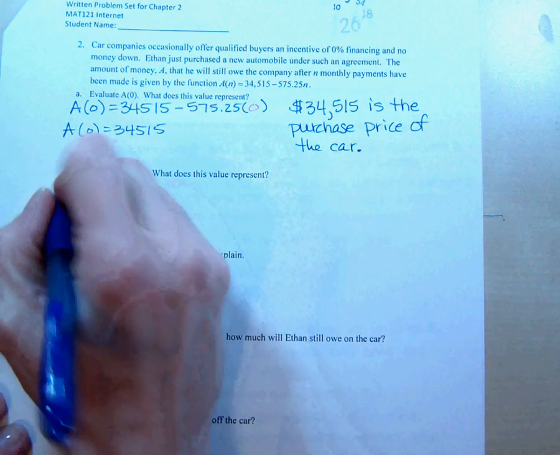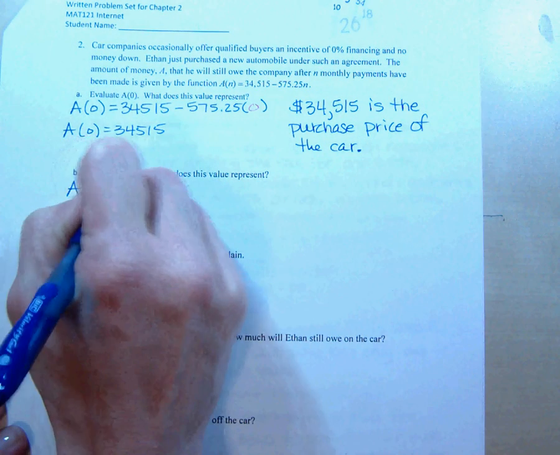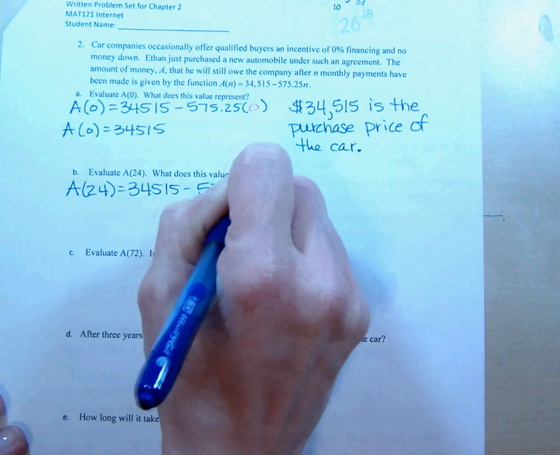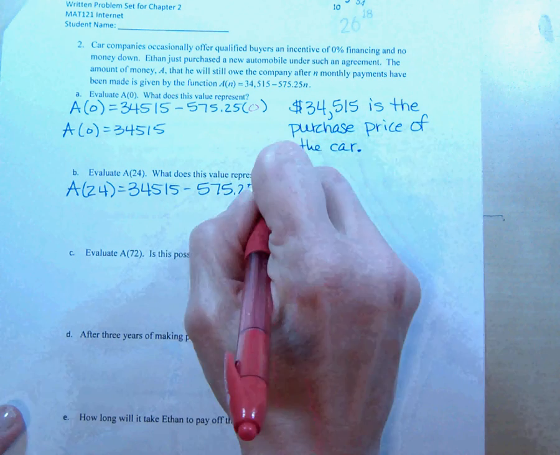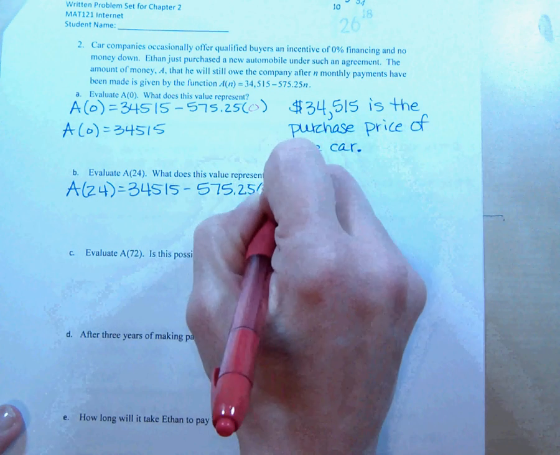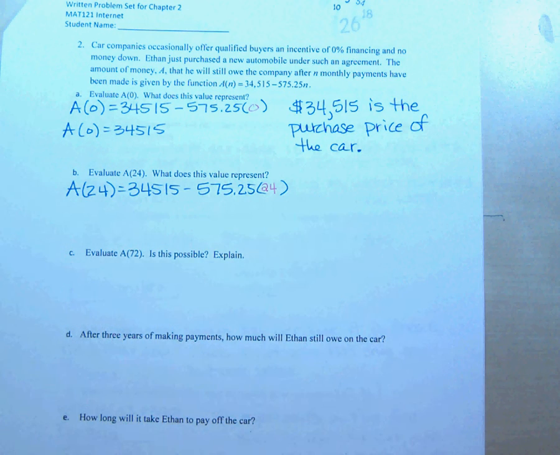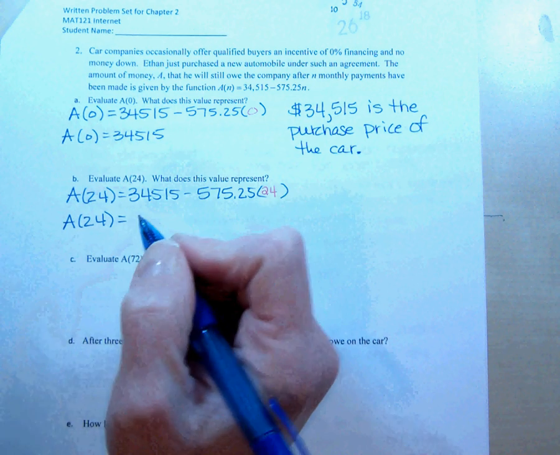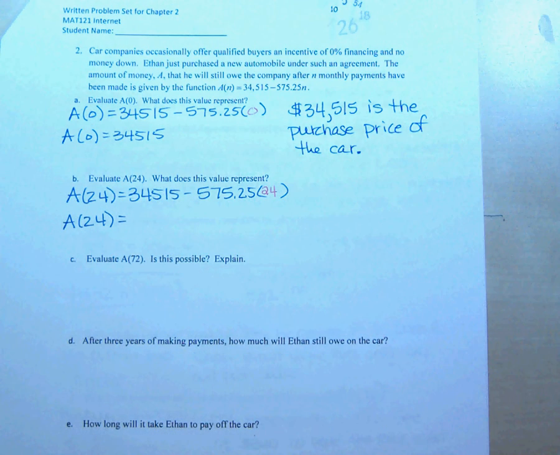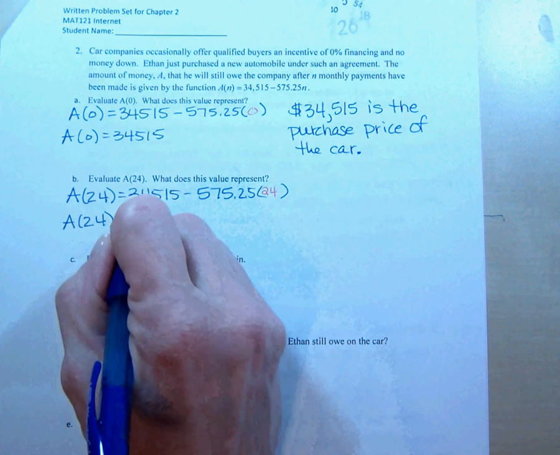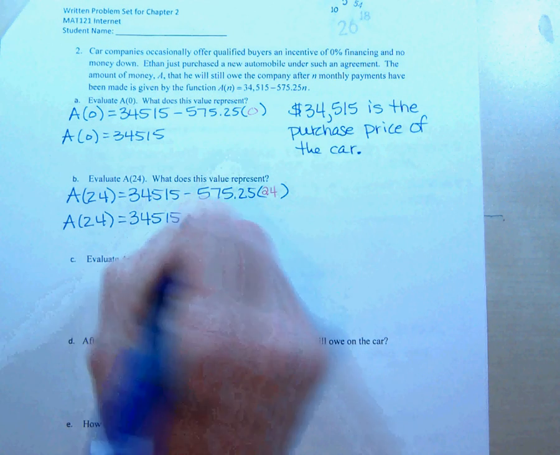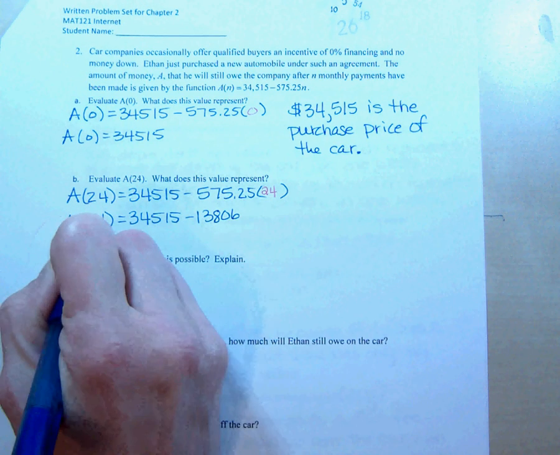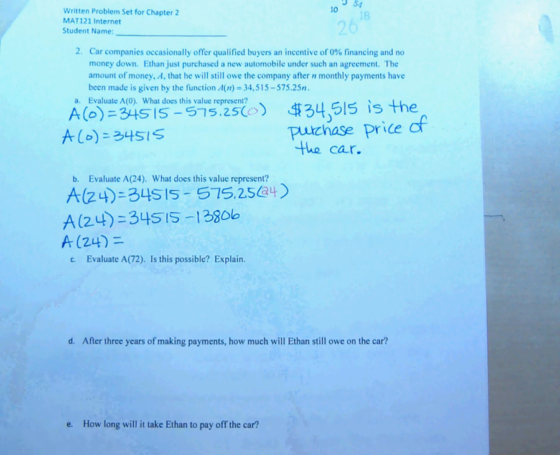Alright, a of 24. So now we are going to evaluate the function when n equals 24. So we're going to replace the value of n with 24. And this comes out to be 20,709, because you'll do your multiplication first, and then your final answer is going to be